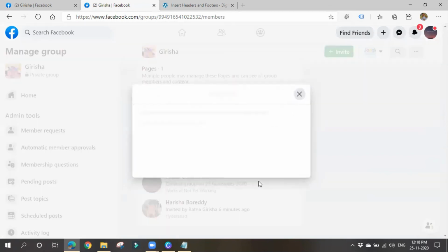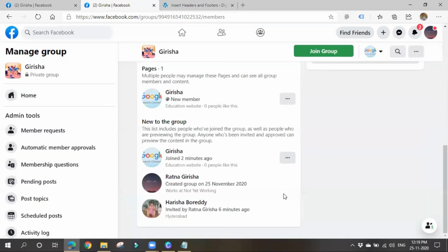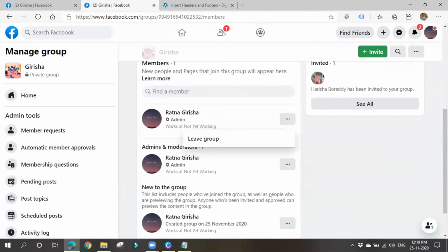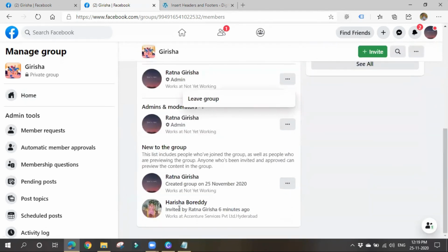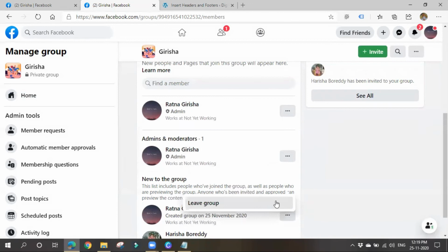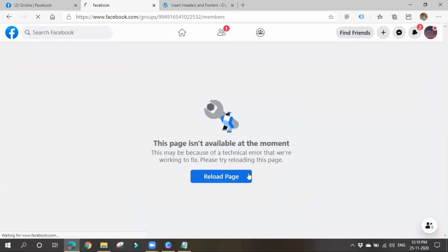You also should leave this group, and then you have to delete this page. That's it, right? You have to leave this group. So, leave group. Anyway, this particular person didn't accept the request itself. Once she accepts, she becomes a member. Till then, she is not a member of the group. That's why you can leave. So first delete all the members present in the group, then you leave the group, and then you can simply delete.